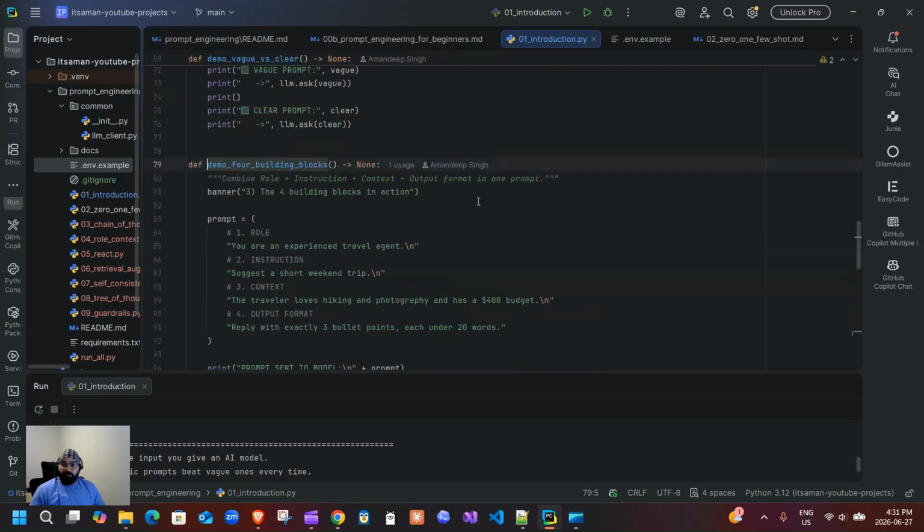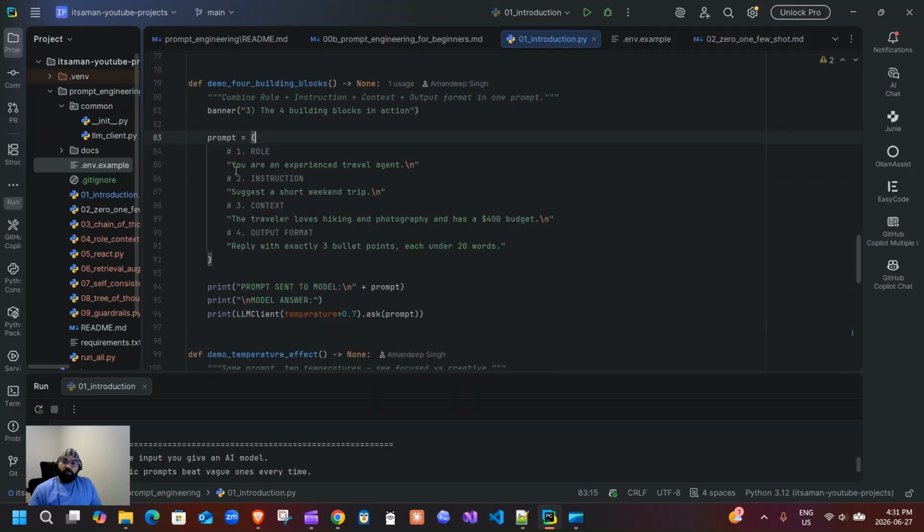So if I go to this function here, what are the four major building blocks for a prompt? It's combining the role, the instruction, context, and output format in one prompt. So here we are giving the role: you are an experienced travel agent. I'm giving the instruction as suggest a short weekend trip, and then I'm giving the context: the traveler loves hiking and photography and has a $400 budget. And the output format I am telling the model to give is: reply with exactly 3 bullet points, each under 20 words. So this is the additional context I'm giving the model, that I want a response in this